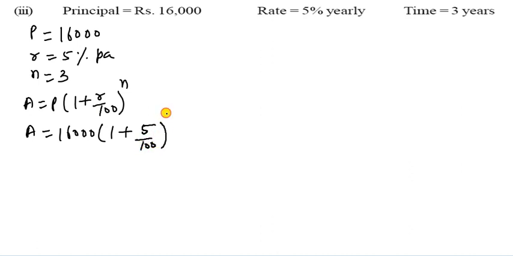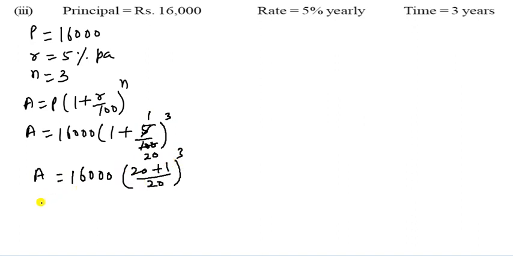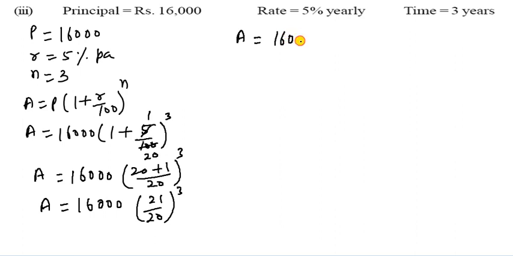R is 5%, so 5 upon 100 and whole power is 3. 5 1 ja 5 and 5 2 ja. So A will be equal to 16,000, and taking the LCM 20, it is 20 plus 1 and whole power is 3. It is 16,000 times 21 upon 20 and whole power is 3. So let us start. A will be equal to